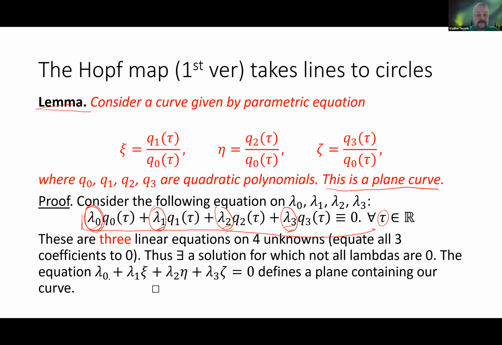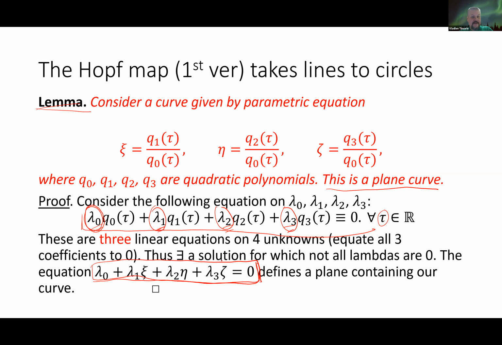Take this non-trivial solution and form an equation. This will be an equation of some plane in the 3 space. And then it's easy to see that our curve lies in this plane because, well, you multiply by the denominator and you will see that the curve lies in this plane. So we found a plane in which the curve lies, therefore we proved the lemma. Is everything okay with the lemma? Okay, then